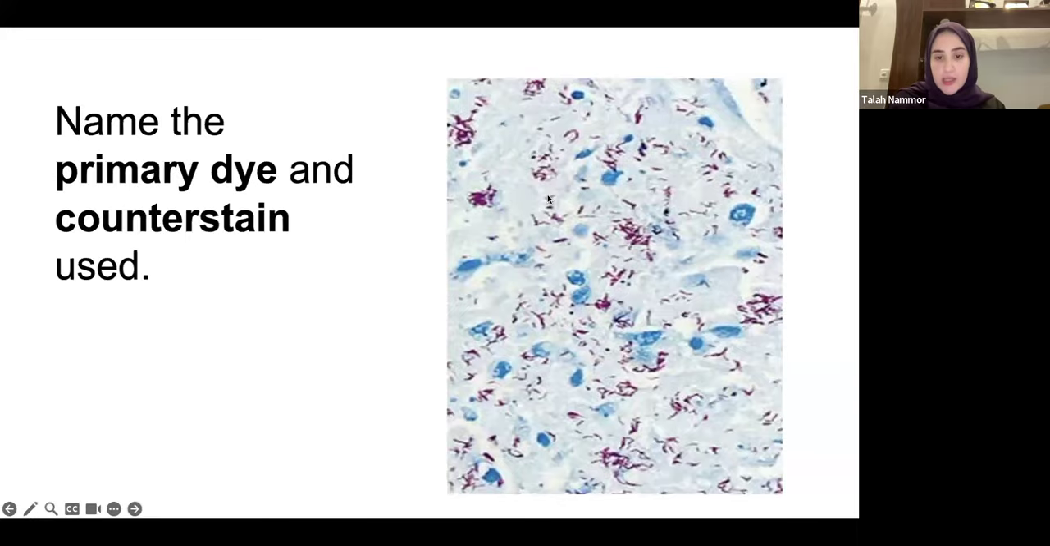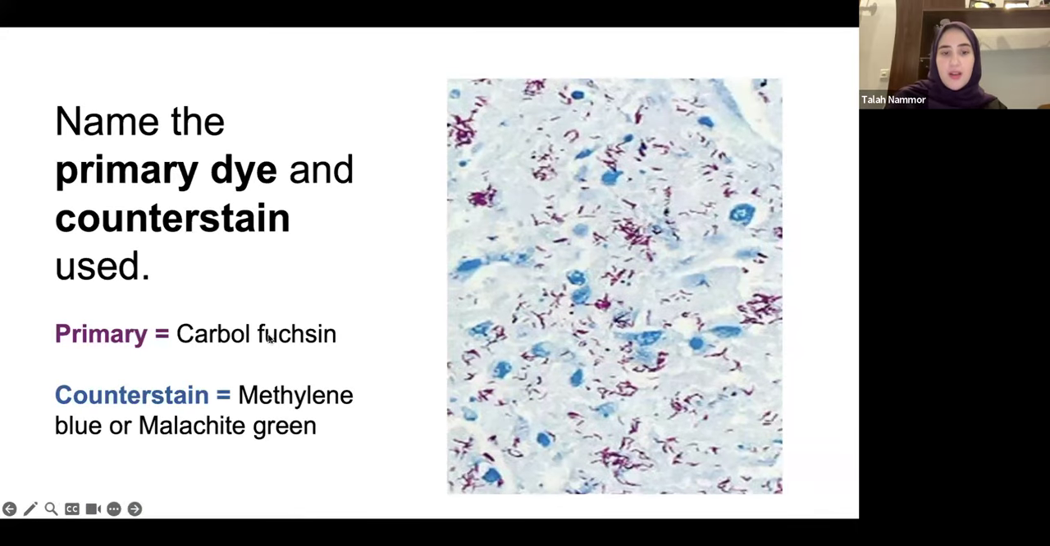The primary dye is basically the pink one, which is the carbolfuchsin. أنا حافظة pink إنه بس إنه فوشيا يعني هيك in my mind carbolfuchsin is fuchsia. It might not be the actual pink thing بس يعني. والcounter stain is the methylene blue. حلو؟